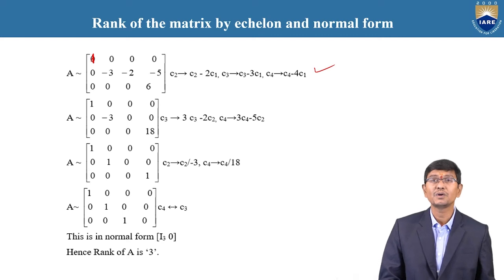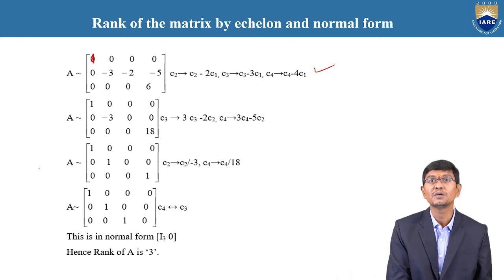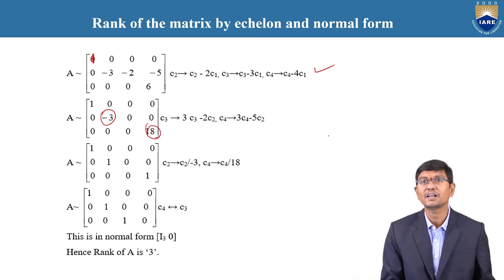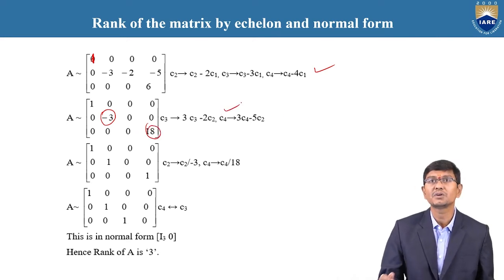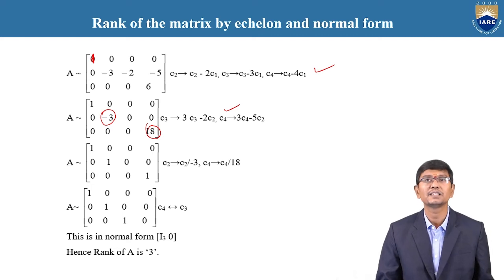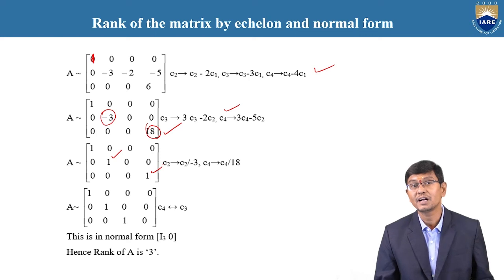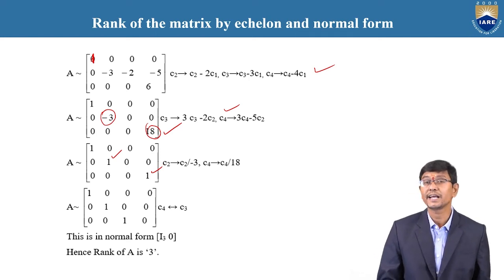Once again, when we reduce it to the echelon or normal form of the matrix, we need to change minus 2, that is 3 minus 3, to 0, and 8 to 1. Therefore we further apply C3 to 3C2 minus 2C2, and C4 to 3C4 minus 5C2. The matrix changes accordingly. But the entry obtained at position 1 comma 1 does not satisfy the standard canonical form.